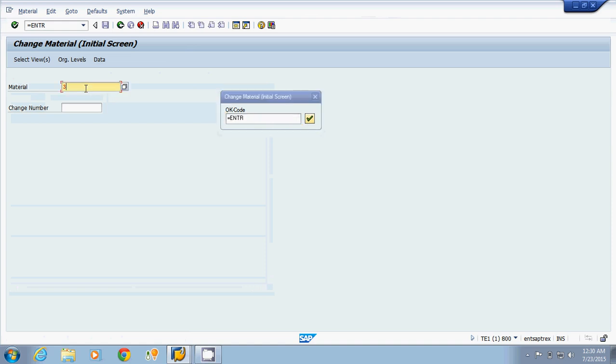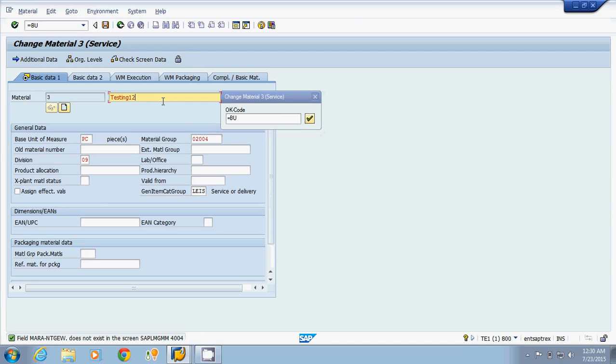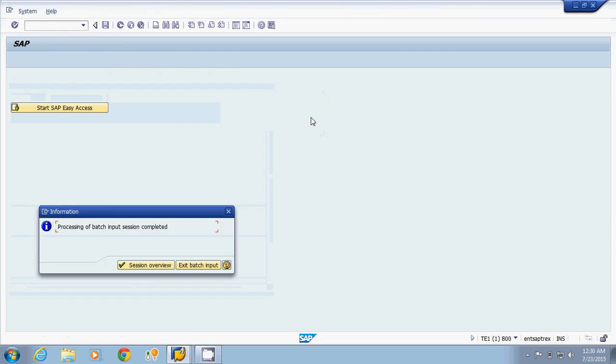Now we have the last material in the Excel, which is 3. Now the description is testing 1 2. Okay. Now the description of all 4 materials has been changed. Yes, our batch input session has been completed.